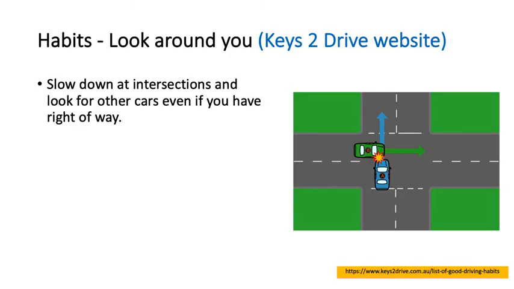Okay, slow down at intersections and look for other cars, even if you have right of way. That expression, right of way, is used on the Keys to Drive website. However, that phrasing is not commonly used these days because the phrase right of way has been removed to say we only proceed if it's safe to do so. So you have to promote scanning and planning, and also that the priority is to avoid a crash rather than say, well, I got the right of way, so I'm just going to go. It's more of a defensive driving approach, and it will lower the chances of having a crash if people are prepared for the unexpected.